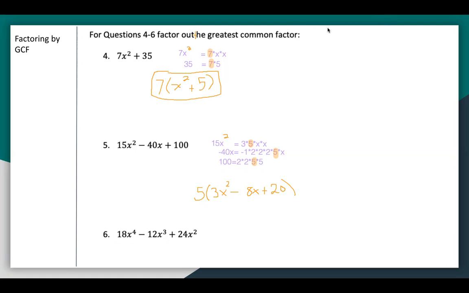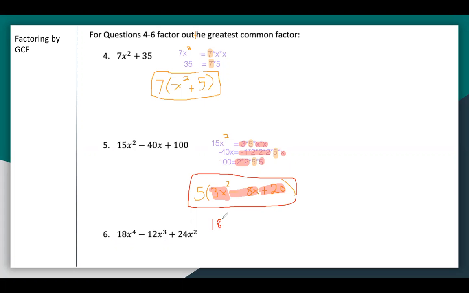Well, what's left over here? Let me highlight this. What's left over is 3x squared. What's left over here? Negative 8x. And then 20. Okay. And at this point, I have factored out by the greatest common factor. Okay. Question number 6